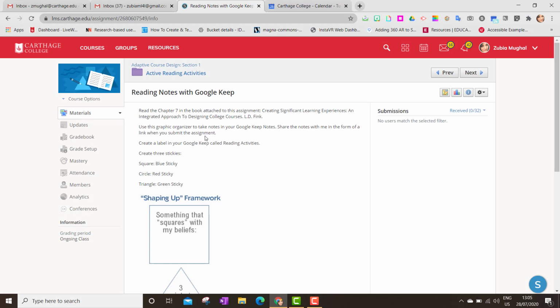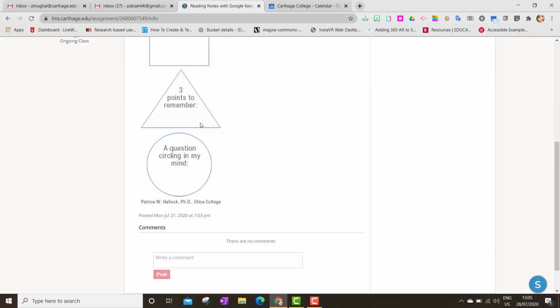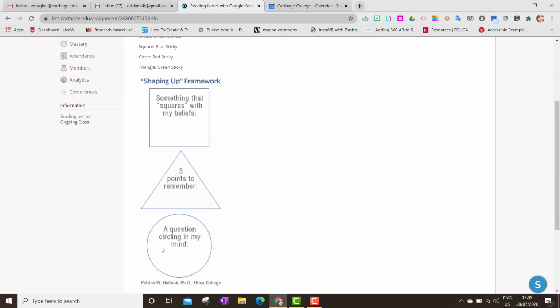Now you could either do this, or, if it's not easy for you to create a square, triangle, or a circle, you could also create a Google Doc and tell students to save a copy of that Google Doc with these shapes, and tell students to write down something that aligns with their beliefs, 3 points that they want to remember, and a question that's circling their mind. So, having students read with this in mind is effective because it tells them what to look for